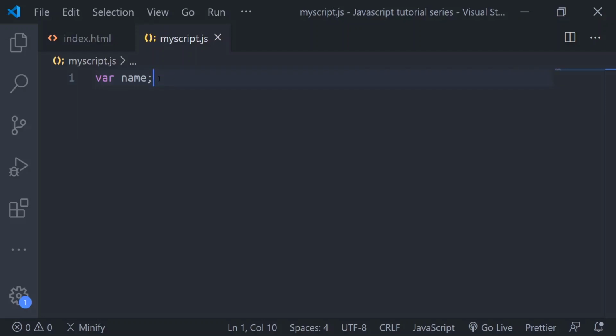What I wrote here is just a variable declaration. So what we did is we just declared the variable. We never told it to hold any information for us. Before we tell it to hold any information, we still need to know the type of information our variable will hold for us.